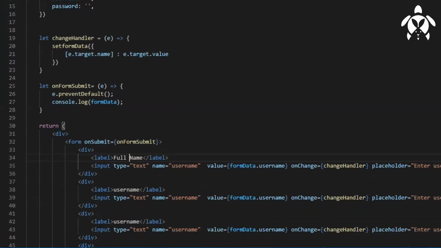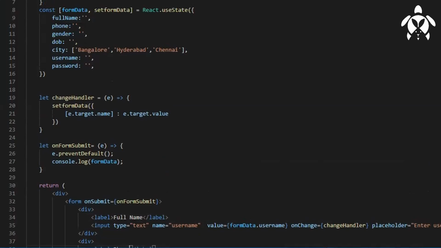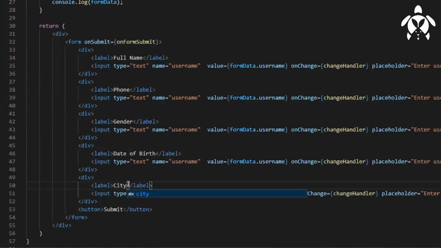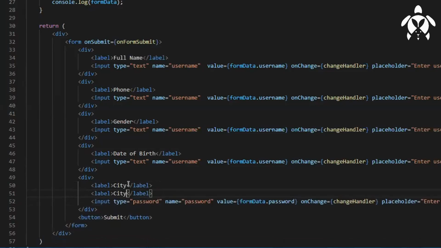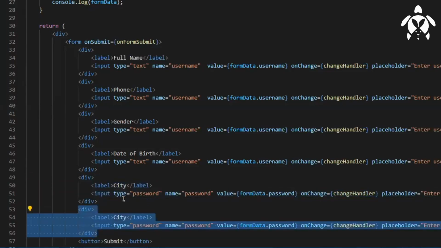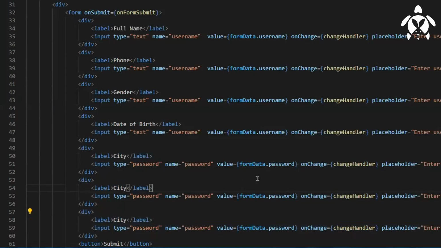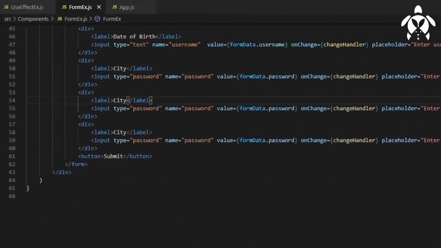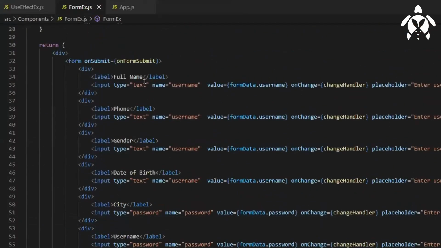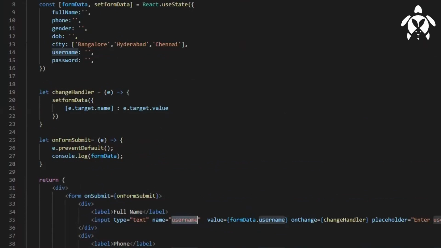We'll name, gender, DOB, city. What else can we have? We have username and password. That's it. City, username and password. Next, input type will be text only, name equal to, what have we written there? We have written full name, right? Name, form data dot,